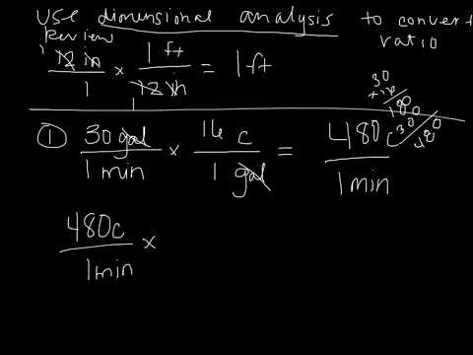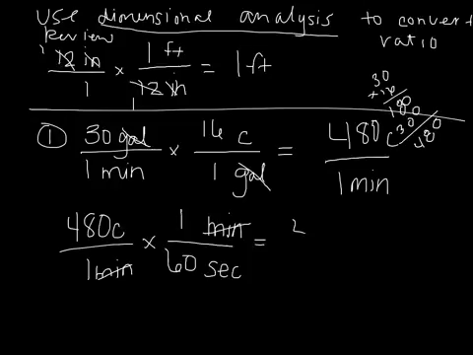I would need to multiply. I know I want minutes on top because I want them to cross off. Seconds would go on the bottom. Okay, I want my answer to be in cups per second, so that's what I need to do. I know there are 60 seconds in 1 minute. Okay, my minutes are going to cross off. I'm going to do 480 cups times 1, so I would get 480